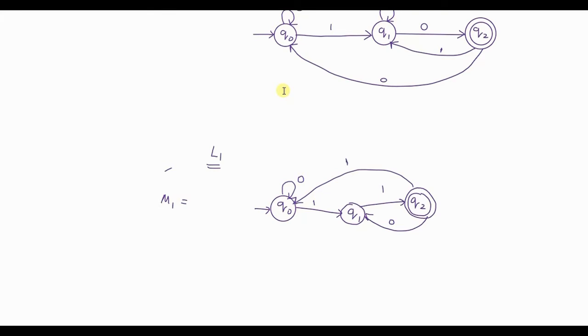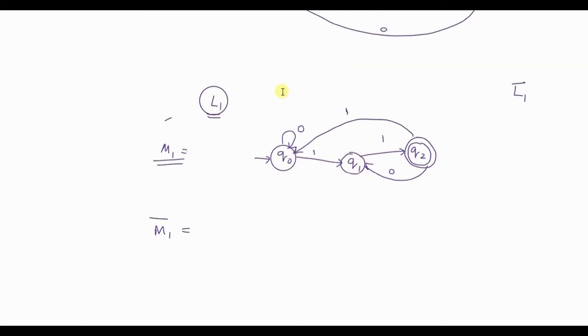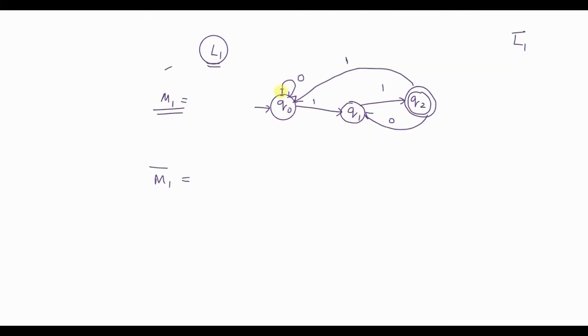So let's assume that L1 is a regular language, and assume that M1 is the automata for the given language. Now we have to prove that L1 bar, the complement, for which the machine that we shall draw is M1 bar, is also regular. So to prove that L1 bar is regular, we will have to prove that drawing automata M1 bar is possible. And to draw the automata, the two steps which I have given have to be followed.